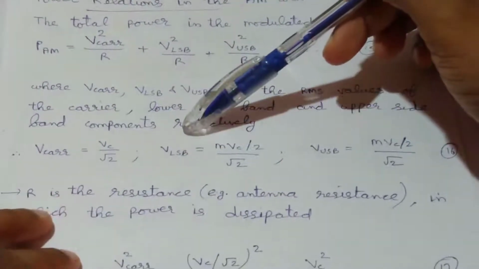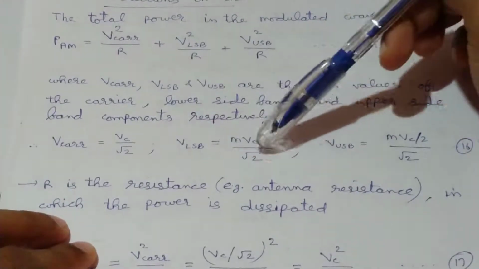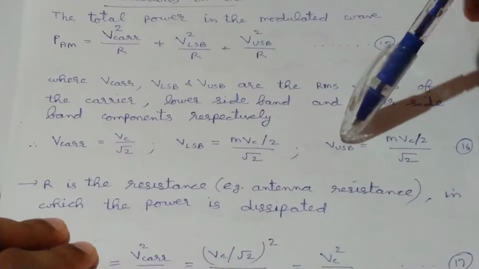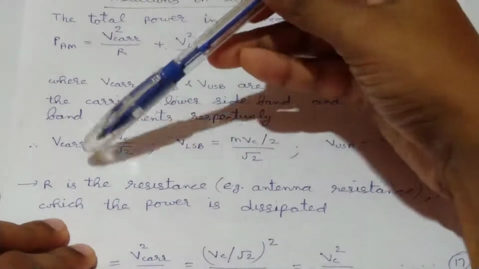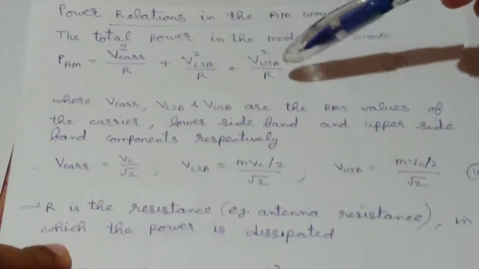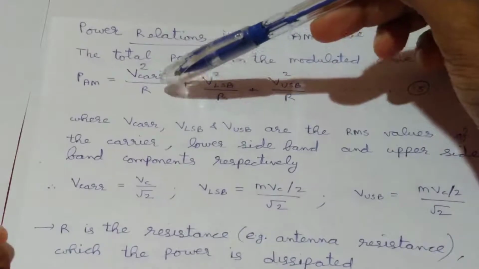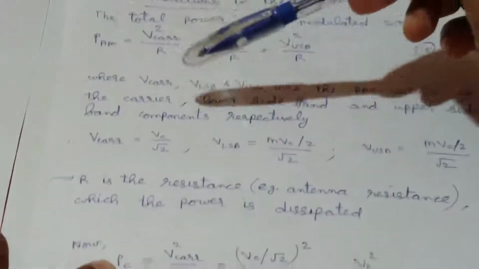The RMS value of our lower sideband component is MVc by 2 divided by root 2, and the RMS value of our upper sideband component is MVc by 2 divided by root 2. Now we are going to substitute these values in this equation. Okay, then first consider this term, the power developed by the carrier component across this resistance R, and that is represented by